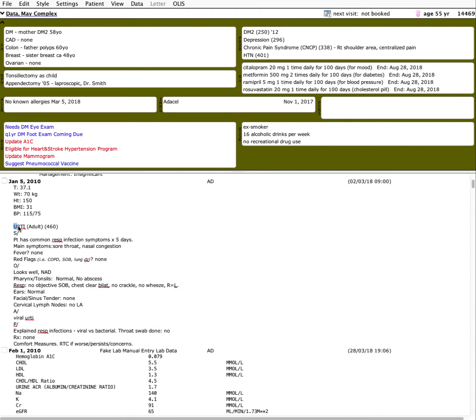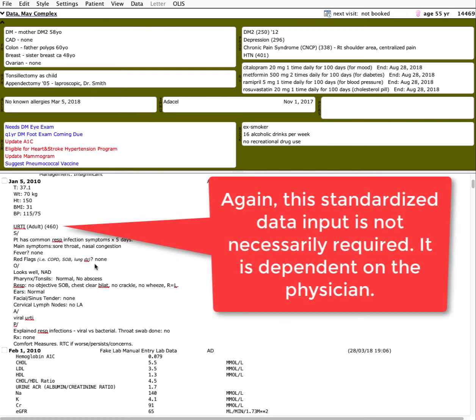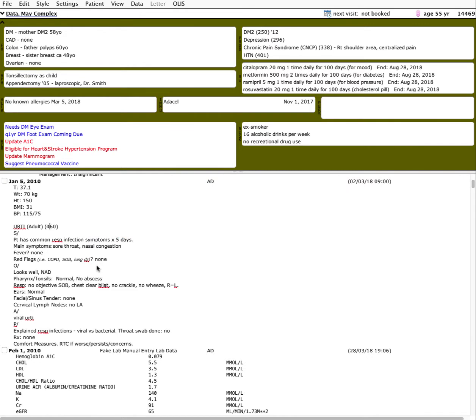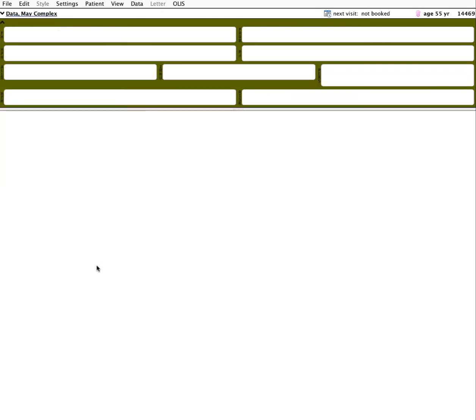Another example here is that this note has used a stamp template that has the coding 460 stamped within it. Now 460 is the diagnostic code for respiratory infections. If a physician uses this type of format and tool, they can then pull data in terms of how many patients have been in for respiratory infection in the last year or months, how many times has an individual patient been in for respiratory infections, and so forth. So these are just simple examples of how EMR data, when entered in certain formats, can be quite valuable and usable. When we compare that, though, to the other chart,